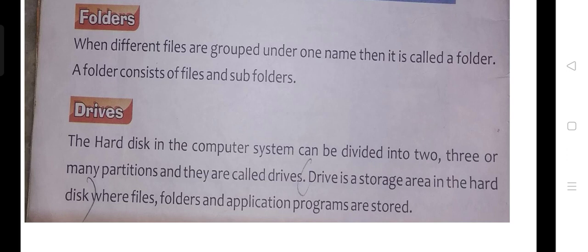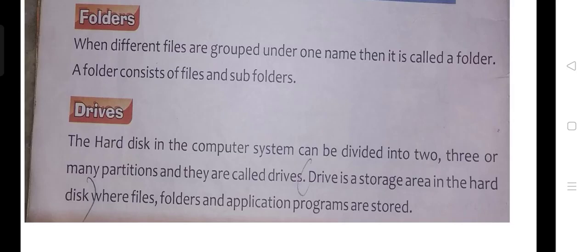Then what is drives? The hard disk in the computer system can be divided into 2, 3 or many partitions, and they are called drives. Now I have a large memory hard disk, so I can divide it into as many parts as I want to.